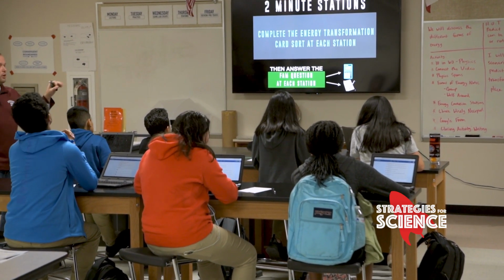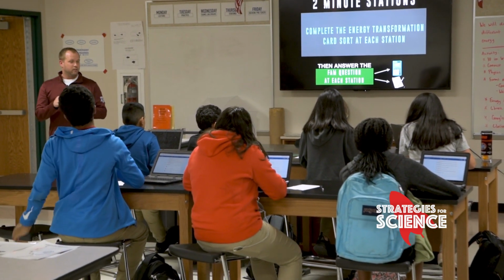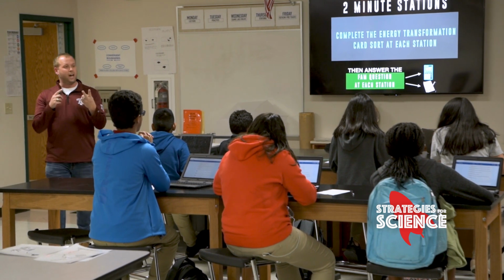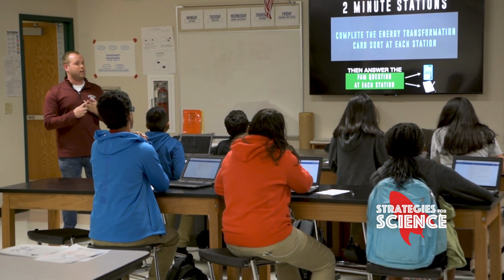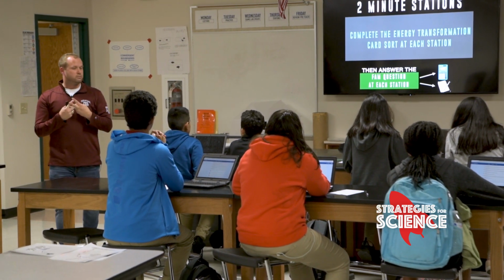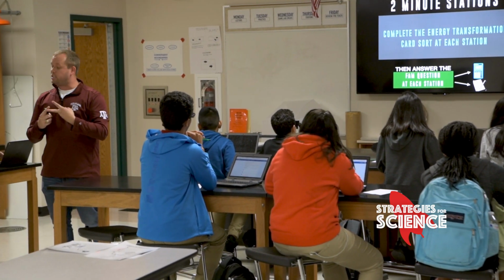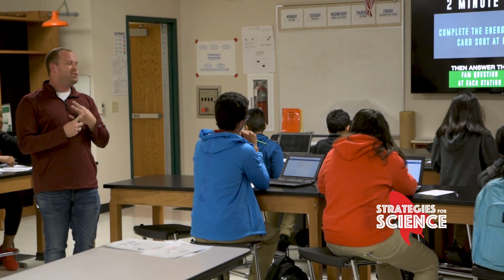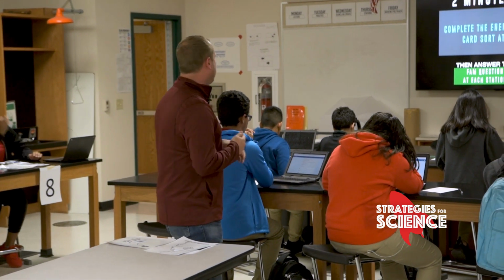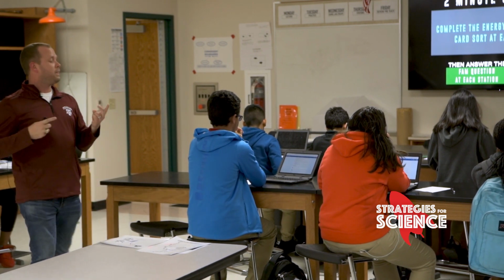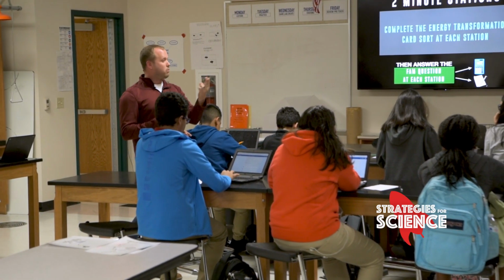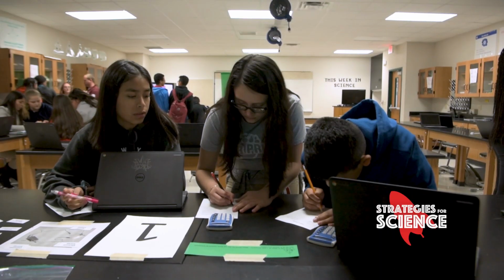At each station, there is a card sort, okay? You're going to have a minute to do the card sort, and then you're going to have a minute to complete the green FAM question, okay? Now, what do you think I mean by FAM? Force, acceleration, and mass, because those are the 3 things that we looked at the relationship between, right? So a minute to do the card sort, a minute to complete the FAM question, and then I'm going to rotate us to our next station, okay? Cool.